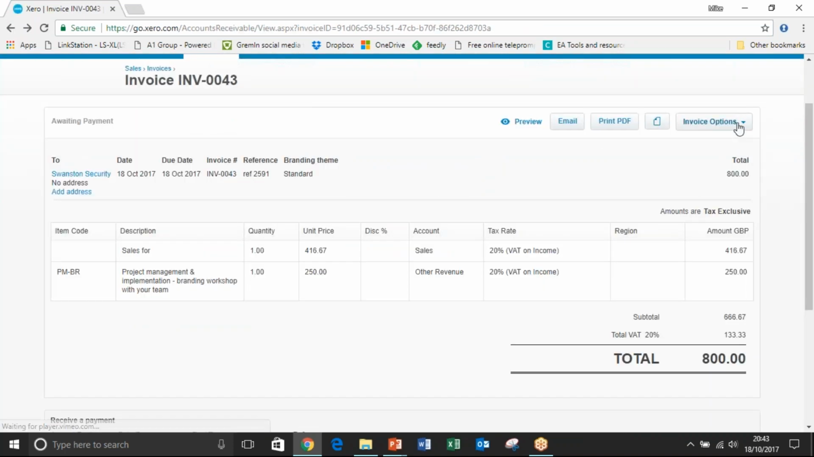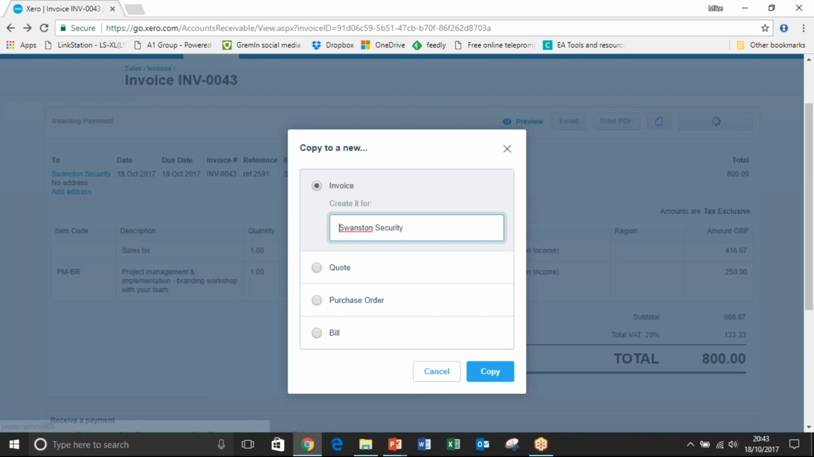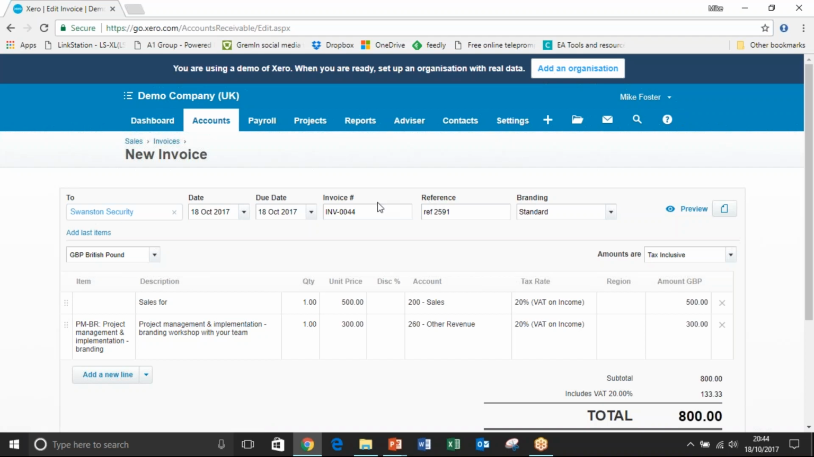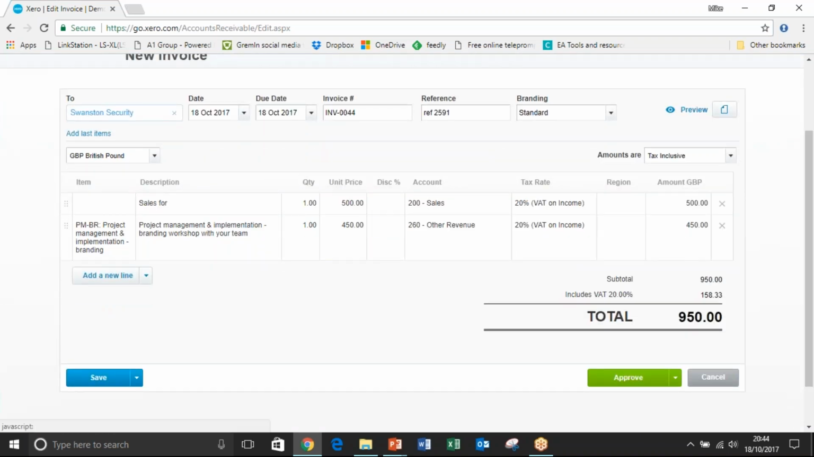The other thing you can do, if, for example, you think, okay, I want to send a very similar invoice to Swanston Security six months later, I can go copy to Swanston Security, go copy, and it goes and allocates a brand new invoice number, and again gives me the information that I can again change around. So let's say now this has now gone up again, it's 450 this time. If I go and approve,